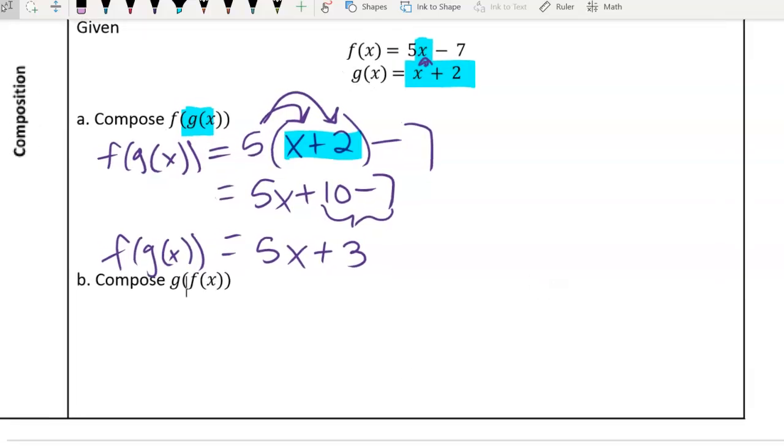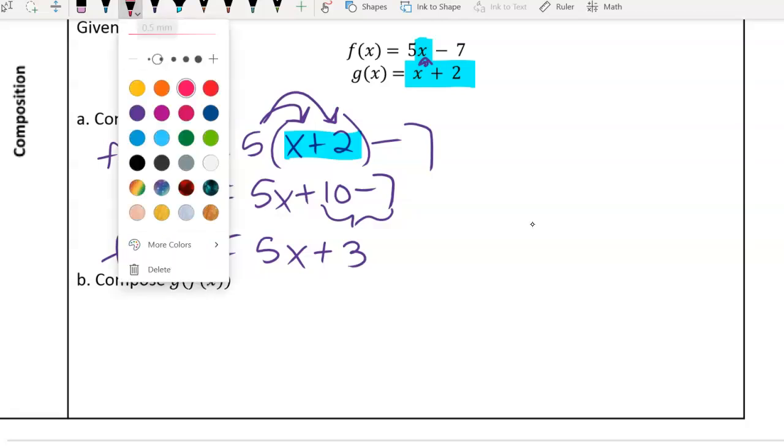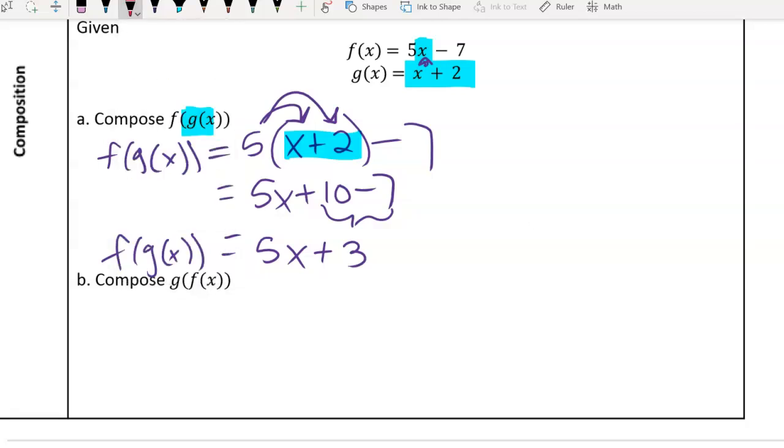Our next problem, it says compose g of f of x. So f of x now is going into the center. So here is f of x, and we're putting it in place of x. So we're putting it in x, not next to x, not multiplied to x, not added to x. We're putting it as x or in place of. So we're going to say g of f of x